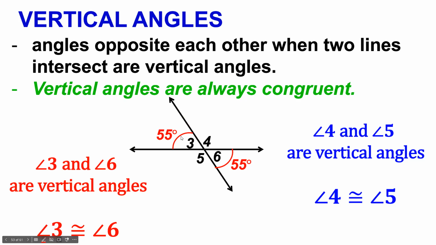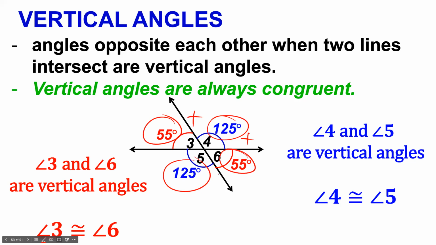Therefore, if angle 3 is 55 degrees and they form a linear pair with angle 4, the sum should be 180. Therefore, what is the missing measurement for angle 4? It's 125 degrees. And since angle 4 is 125 degrees, and it is a vertical angle to angle 5, then we can clearly say that the measurement of angle 5 is also 125 degrees. So, how will you check if your answer is correct? If you add the 4 measurements, they should be equal to 360